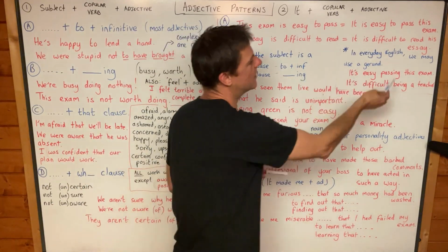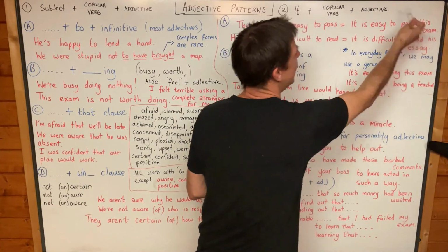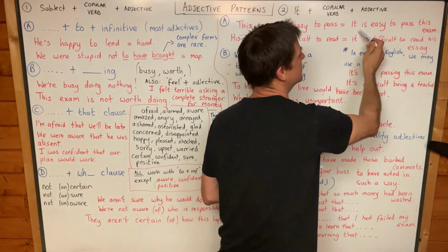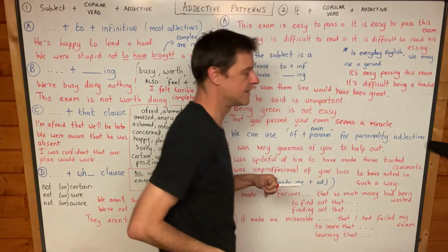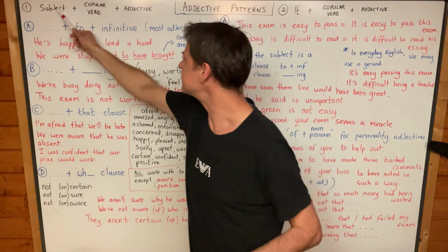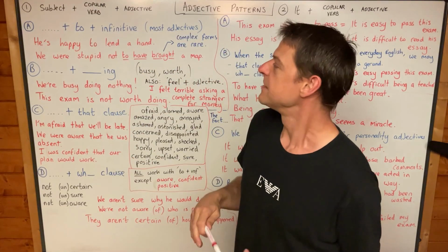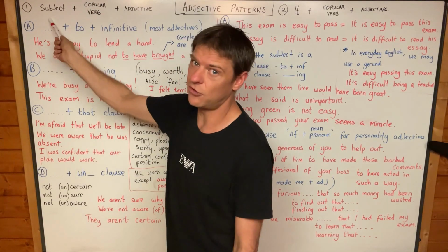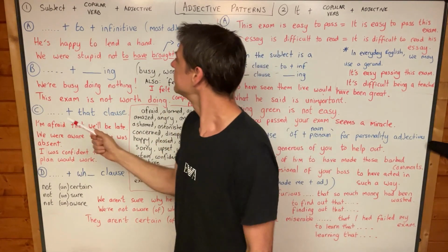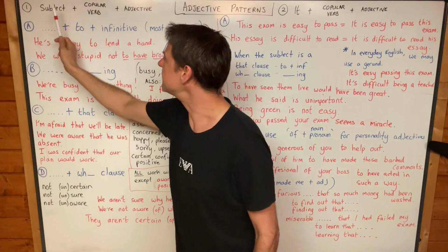But, you know, this to-infinitive is extraposed. It's actually the subject of the sentence. You could say, to pass this exam is easy. Okay, and we'll look at that in a second. But firstly, subject and copular verb and adjective. So I mean pronouns here, but not it. And I mean maybe names, people, maybe things. Okay, and so sometimes you get subject,